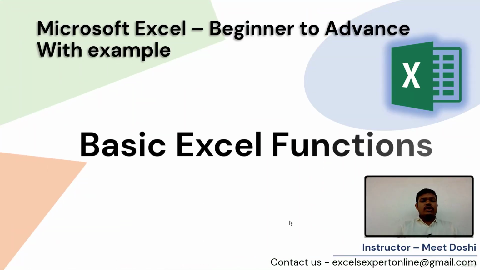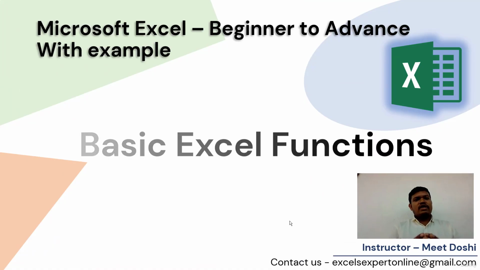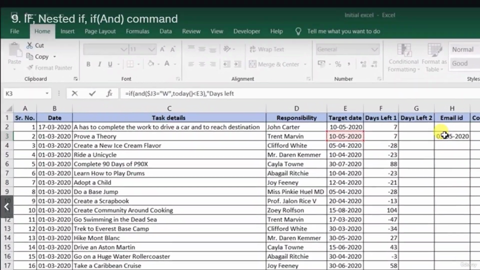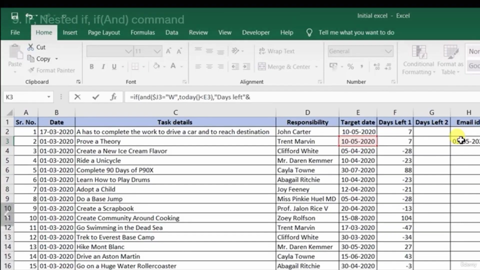functions like today functions, the dollar command, and data validations, and different kinds of examples. Again, you will use a lot of IF and nested IF functions, which will really help you in practical situations. So this was the second section, and then after that you will move forward to the conditional formatting, where you